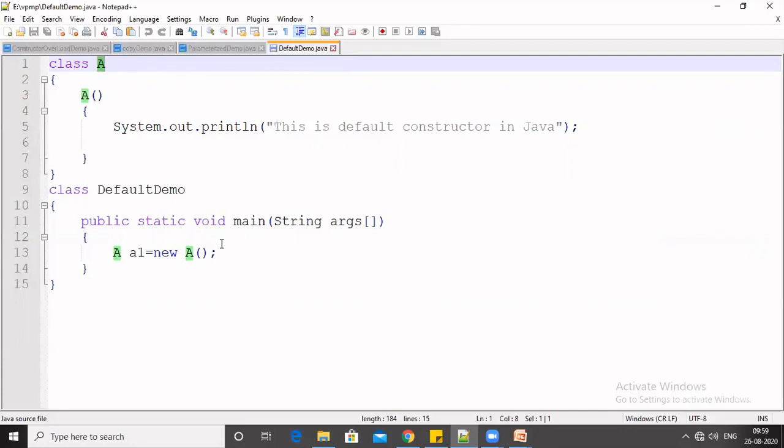In the main method, I create the object of class A, and when we create the object, it automatically calls the default constructor. That means when we write A1 equal to new A, it will automatically call the constructor of class A first.